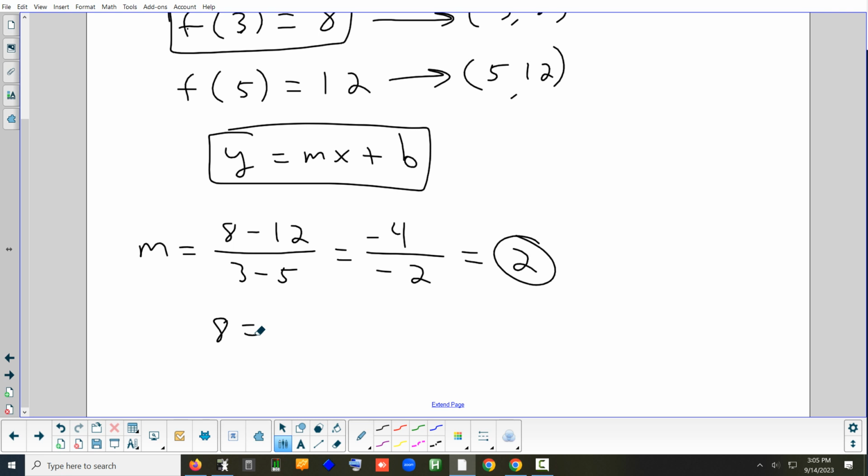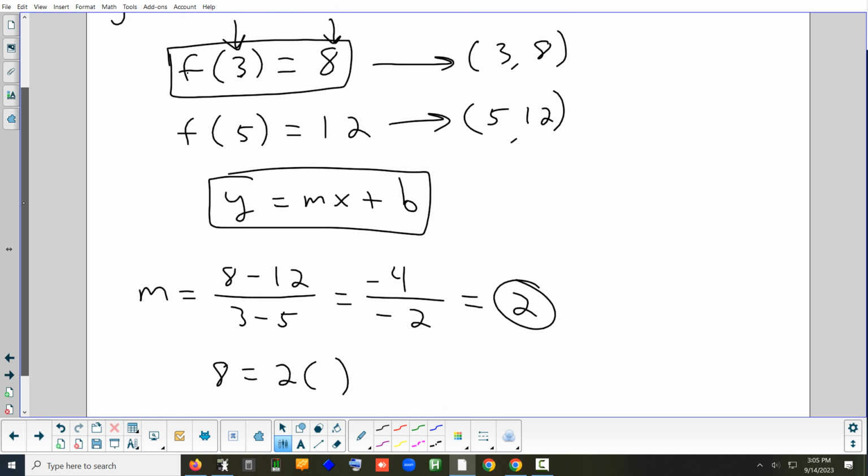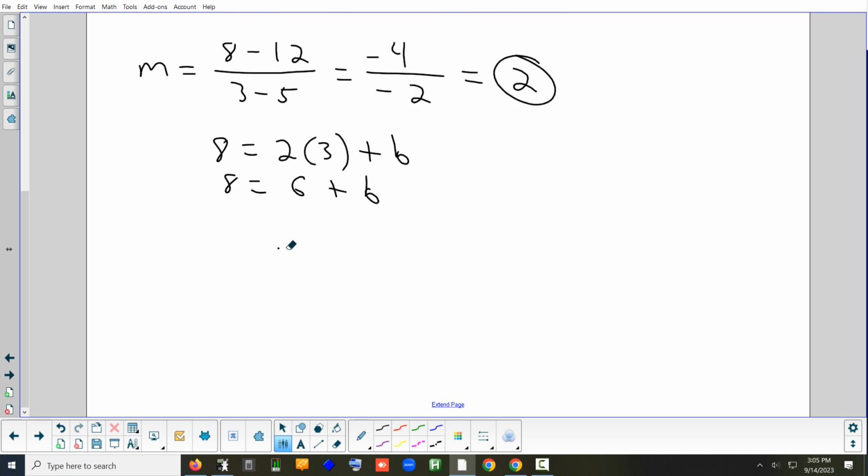So we're going to have 8 equals, what's our slope? 2. What's our x value? 3. And b, we don't know. So we have 8 equals 6 plus b. So that means b is going to equal